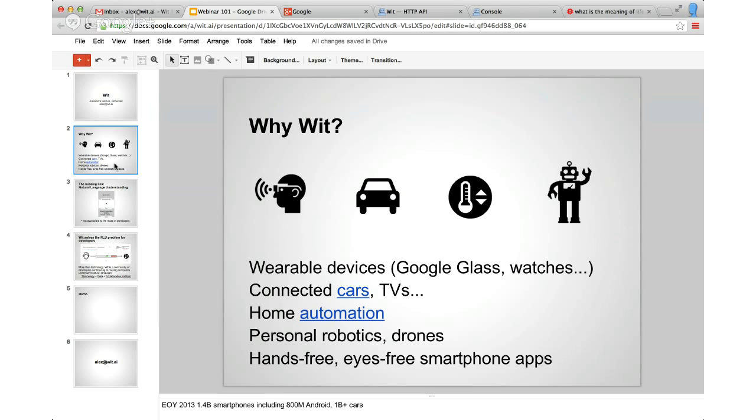You cannot touch or swipe or do anything. You just need to talk. And so voice will become the main interface, at least until we solve the direct brain to machine communication issue.